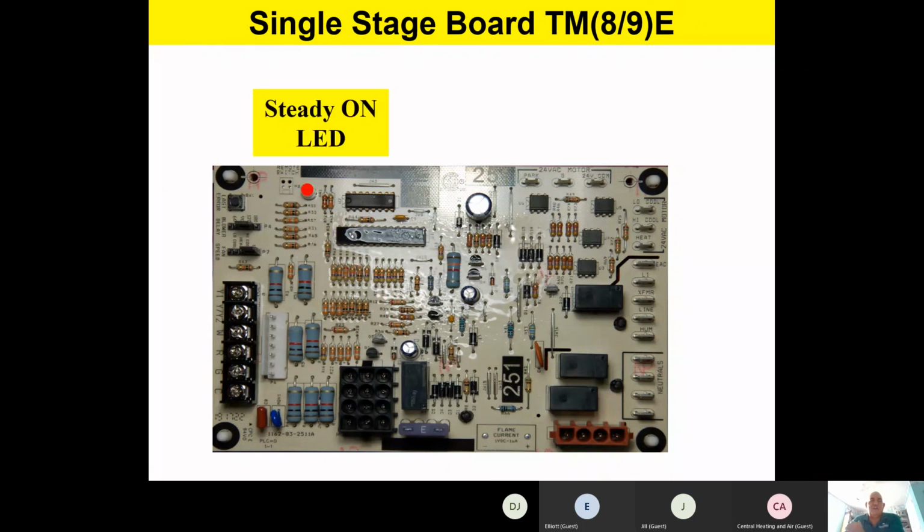Okay, our next flash code, we have a steady on LED. It's not flashing, it's just steady on. If you take a look on page number 21, again, that's for your single stage control board. A steady on LED tells us something's going on with the board. So some of the things we're going to check if we have a steady on LED would be, number one, you're probably going to want to recycle the power, because if it's steady on, it means the board has failed